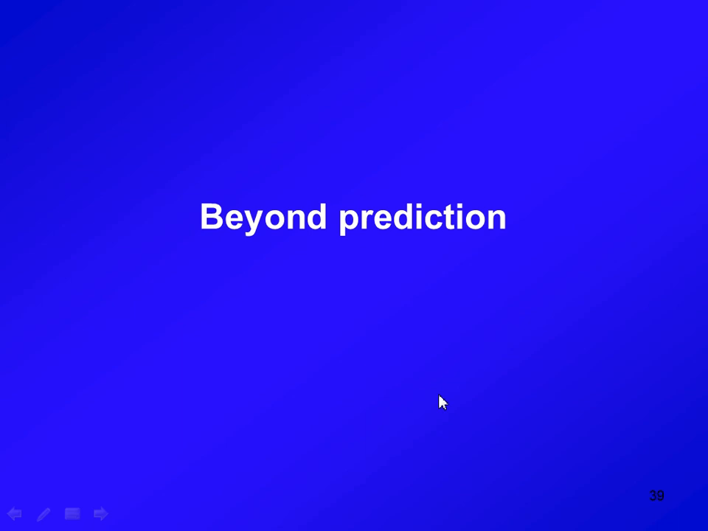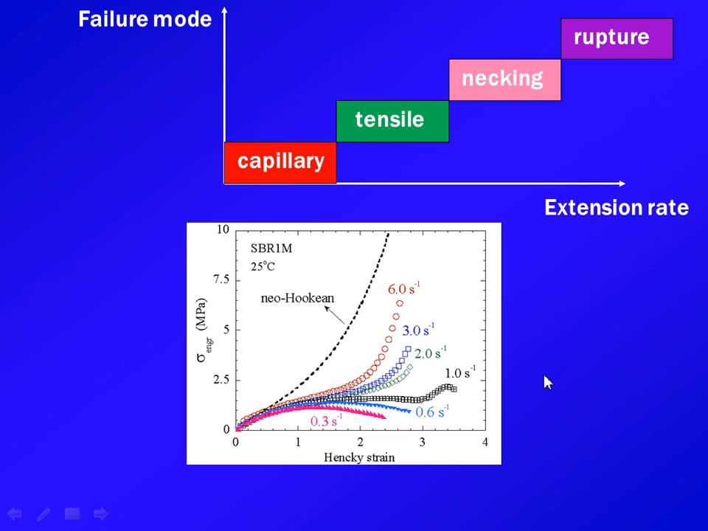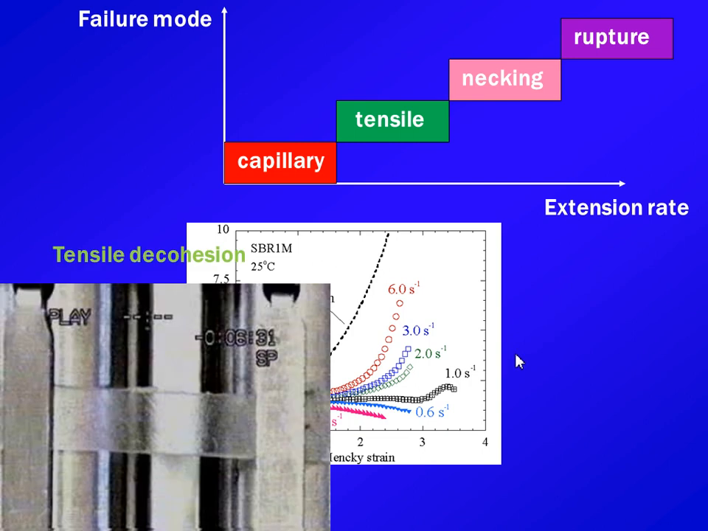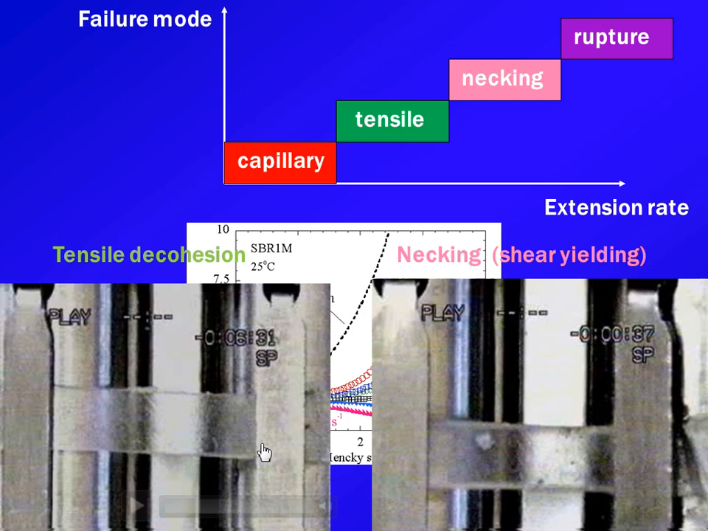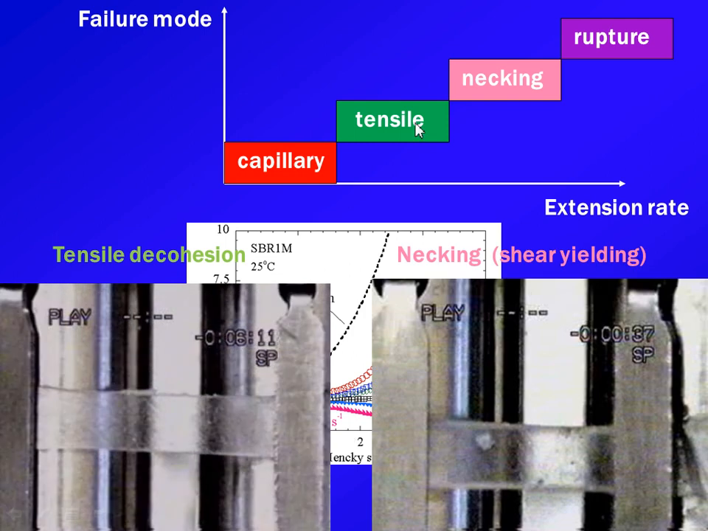So I'm reaching the end of this, and there are things beyond prediction, really beyond prediction, because we really didn't think we would be able to say much about it. But it has so much to do with processing, in this case particularly rubber-related processing. It turns out when you do extension, depending on the rate you use, there are different behaviors that can be classified. There is one that we call